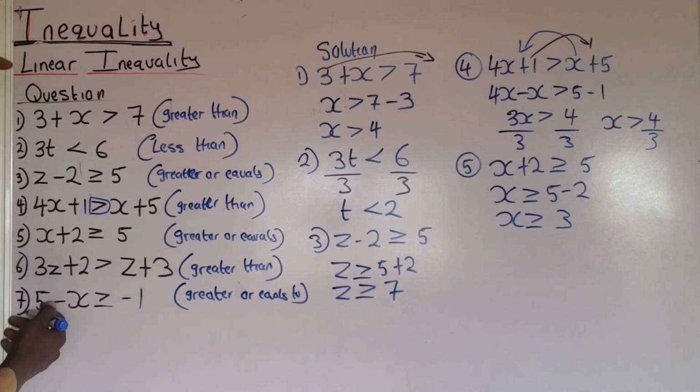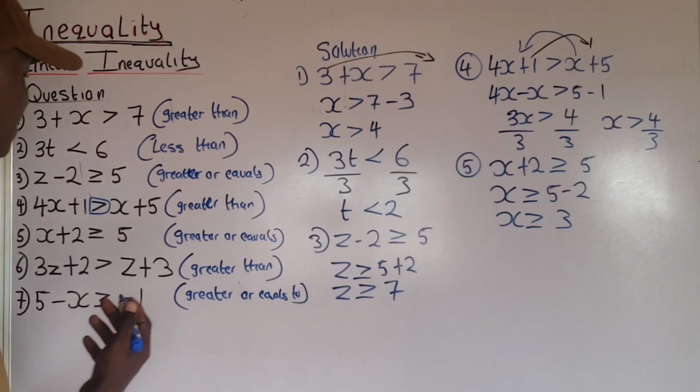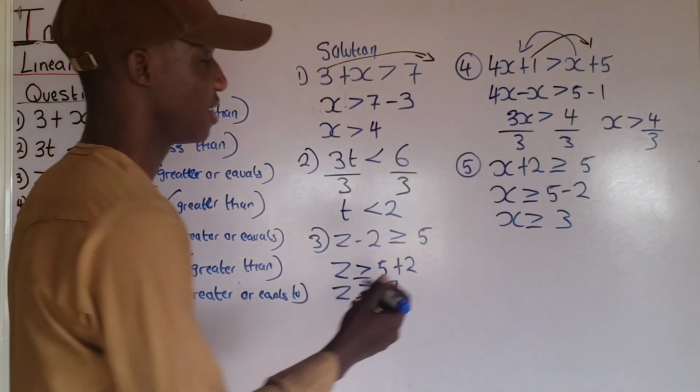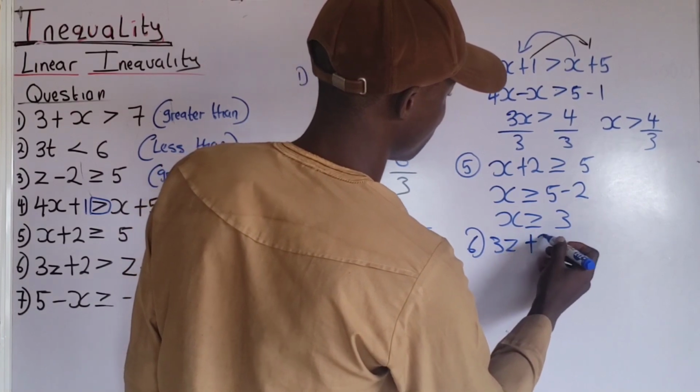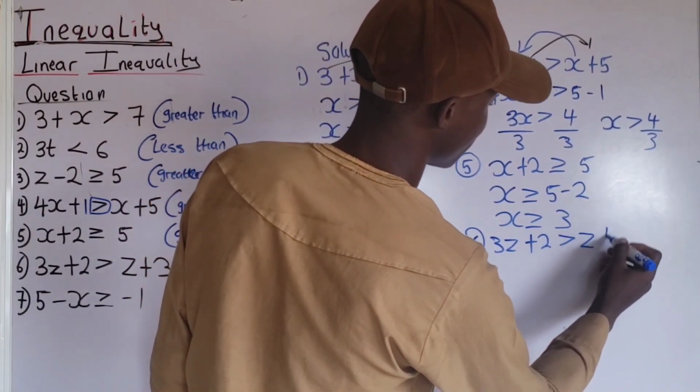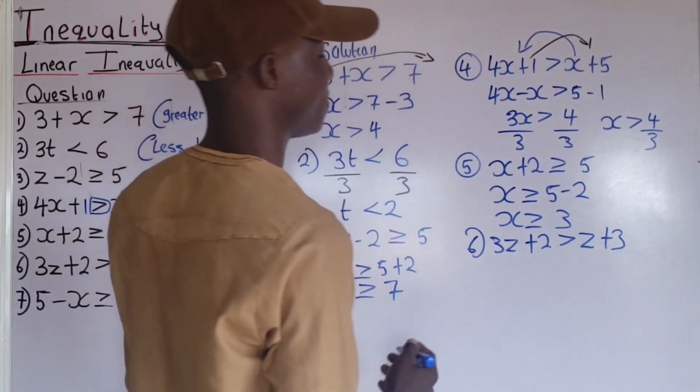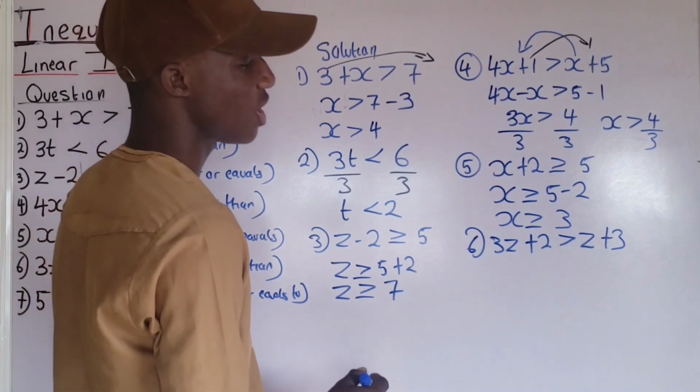We have 3z plus 2 is greater than z plus 3. Okay, now all you have to do is to